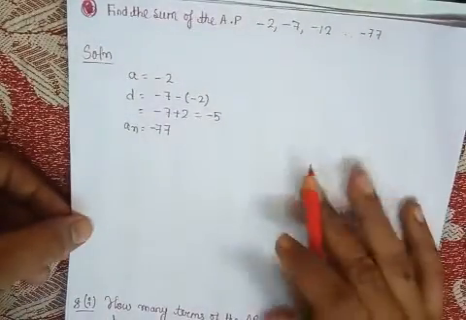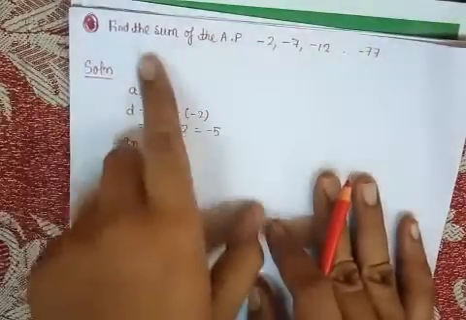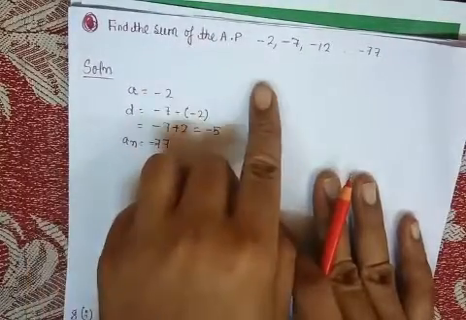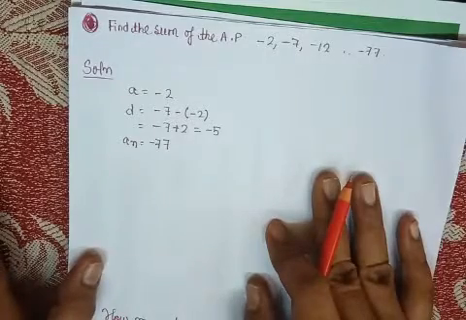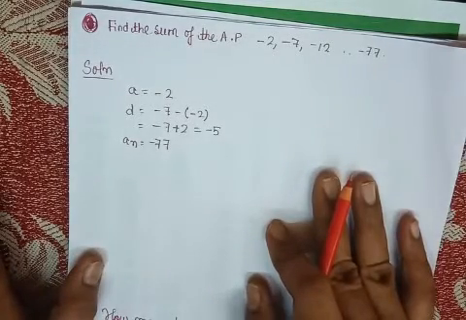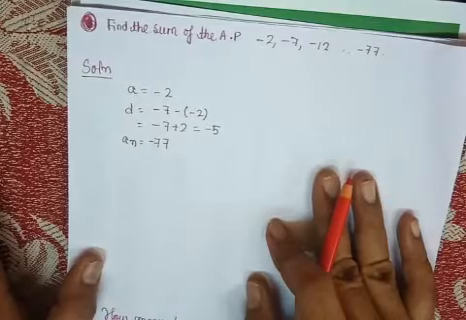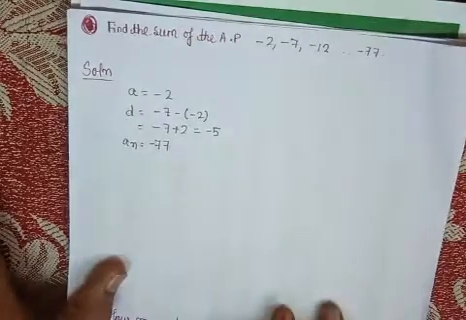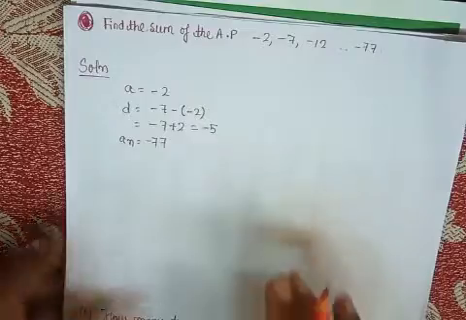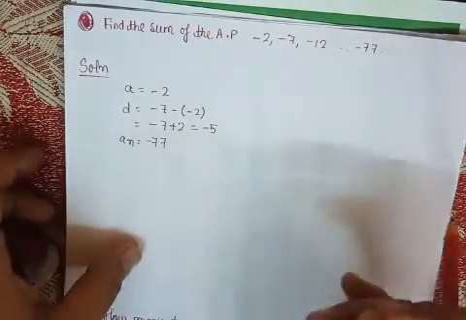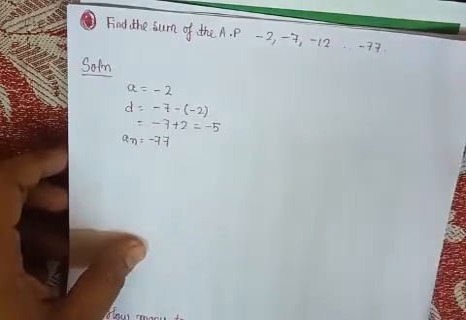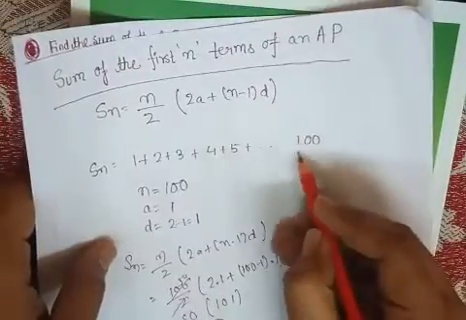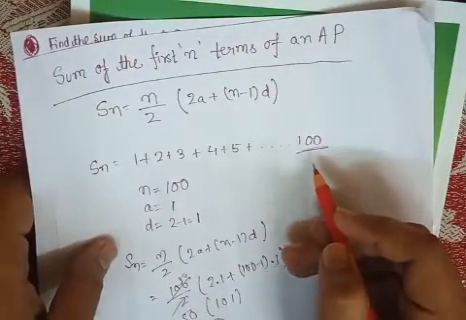So let's suppose the example was given, find the sum of the AP -2, -7, -12, ..., -77. एक AP आपको दिया हुआ है, आपको इसका सम निकालना है. ओके, सो यहाँ पर कैच क्या है, पिछले सम में क्या था, हमें 100 दिया हुआ था, वो 100 को हमने n मान के चला. n क्या है, द टर्म ऑफ द सीरीज. इस सम्स में n जो था हमारा 100 था, दैट वाज द टर्म ऑफ द सीरीज.